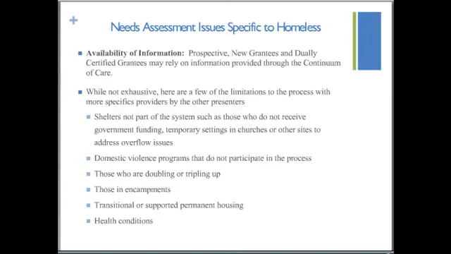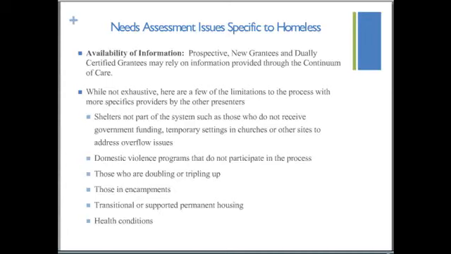Also, doubling and tripling up, I would use the resources such as the National Council to help you look at how to come up with a number that reflects the doubling and tripling up in your community. It also may not address the number of people who are located in encampments. Also, we now have the opportunity to use supported permanent housing, and those residents can be included now in your needs assessment.